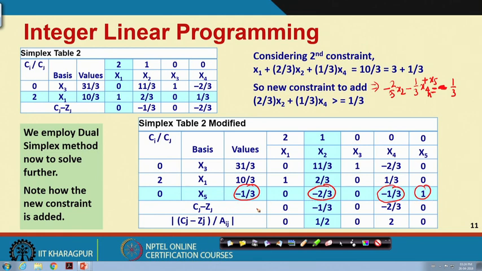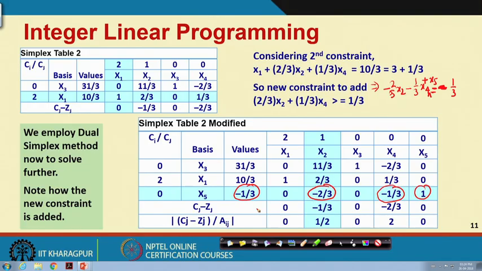Now, the moment we do that, we have to employ what is known as the dual simplex method. We do not have scope to explain exactly what the dual simplex method is, but just remember the procedure I am telling you. The procedure is that we write the Cj minus Zj values and then we divide these Cj minus Zj values by the corresponding part. Look at this, the leaving variable will be from the values which is most negative. Here only one value is negative. So, this x 5 will be the leaving variable.